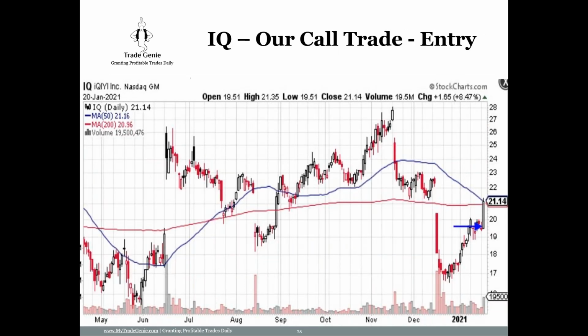Okay, so I'll show you another trade, IQ. So here's another one. IQ is a Chinese stock, so maybe the Chinese stocks are going up. And then look at this one. Somebody has to tell you whether to go long or not go long on IQ.